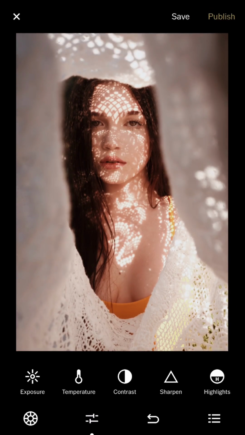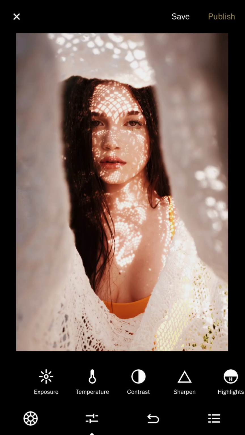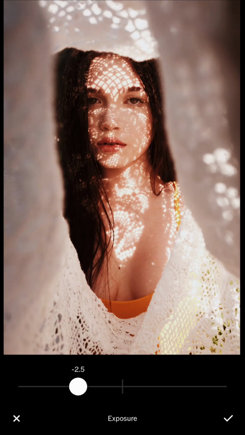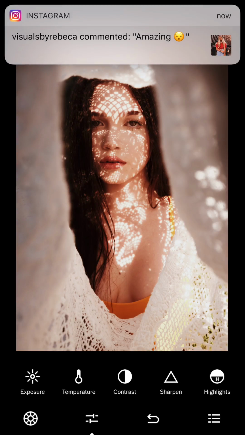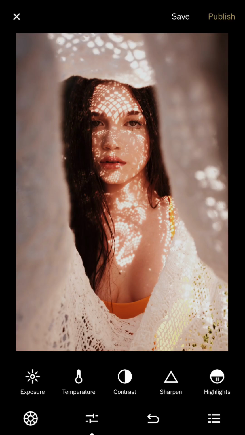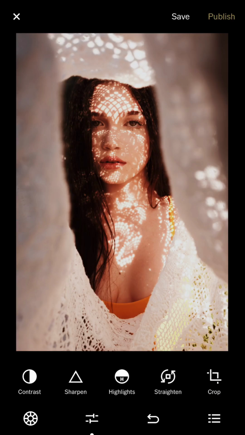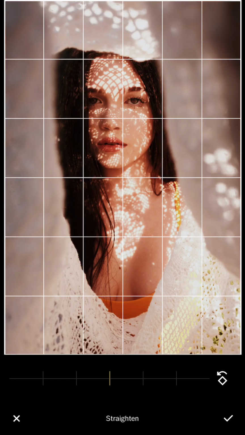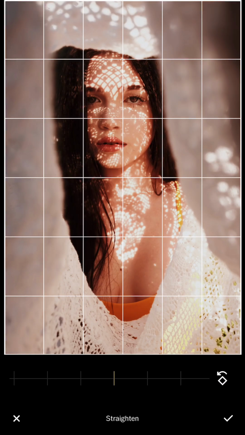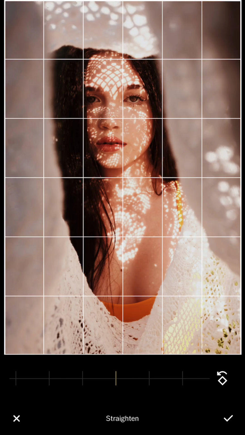I'm gonna reduce the exposure a little bit, increase the contrast, increase the sharpness. I need to reduce the exposure even more, and highlight save. I probably increase the contrast a little bit more. So, and based on the eye level, I need to rotate a little bit. What you can see is that you can base on the benchmark of the mouth, it has to be parallel to